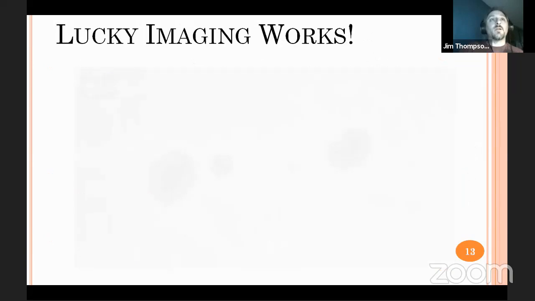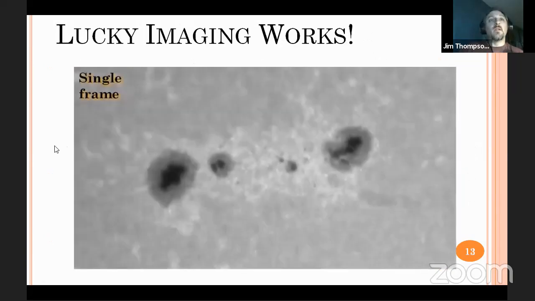So, does it work? Yes, it does. This is a single frame from a video I took of the sun using a calcium K setup from a couple of years ago, I believe. And you can see it's quite blurry. You can tell that this is a series of sunspots. You can tell that there are bright plages interconnecting the sunspots, but you can't really see a lot